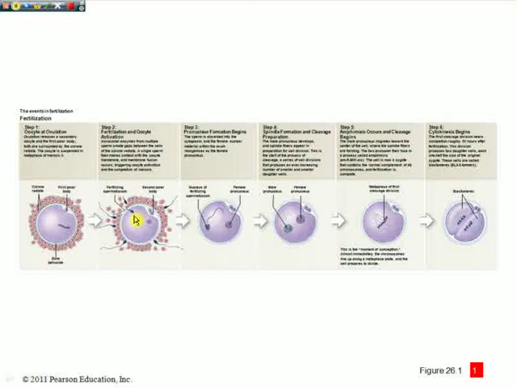And as soon as it enters, a change occurs in the membrane, and no further sperm can get in. The oocyte then goes on to complete